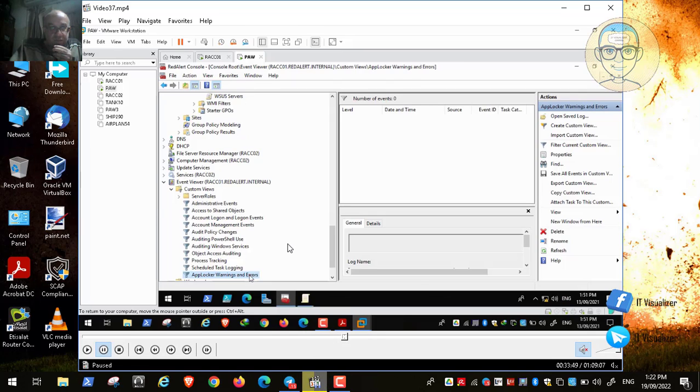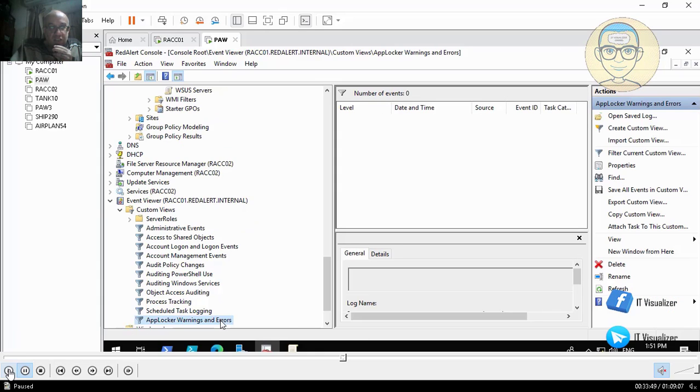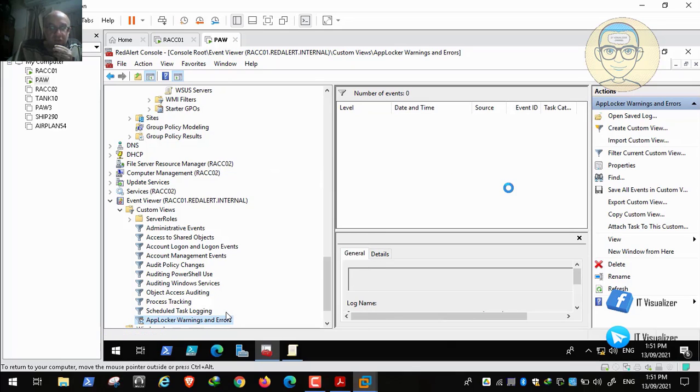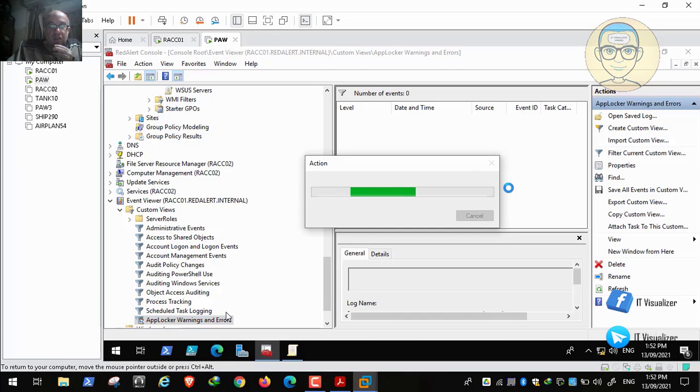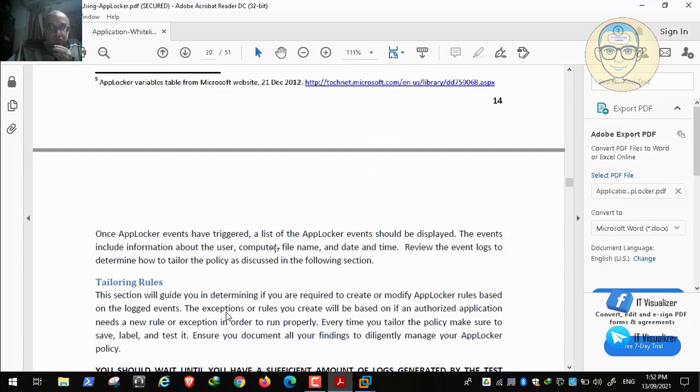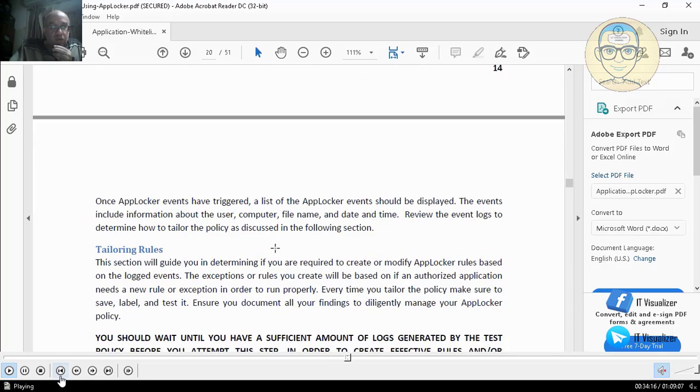Here we can see that this is the custom view for the App Locker. If we get the properties of this custom view, we will see in its settings that it is filtered to only display the App Locker IDs. This is where we stopped the last time. Here we can see tailoring